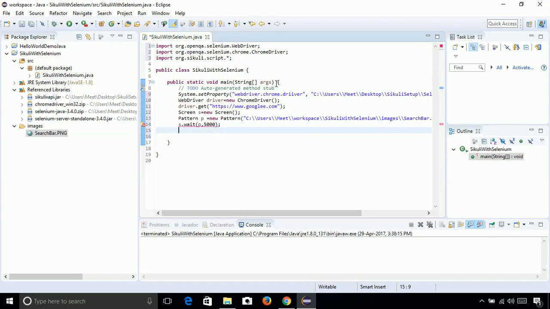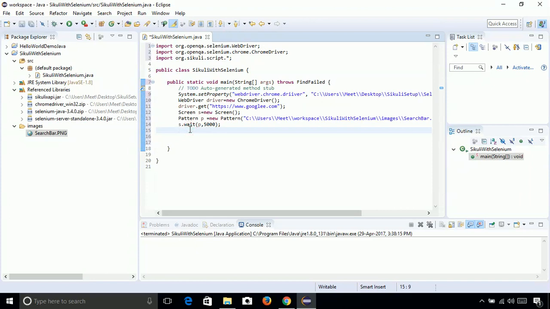Instead of using try catch, we can also handle the exception here. That will be FindFailed. So it will handle the exception automatically. We don't need to handle it manually.